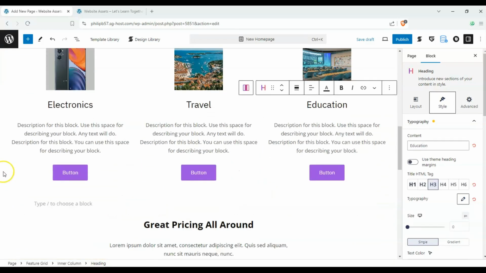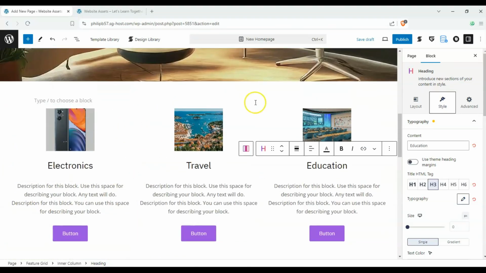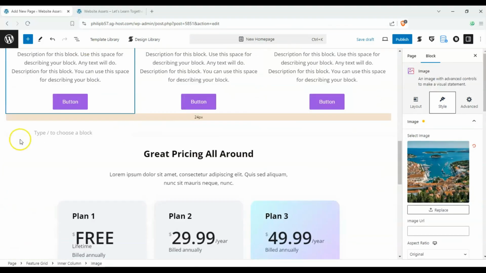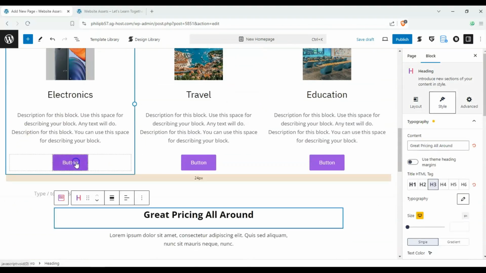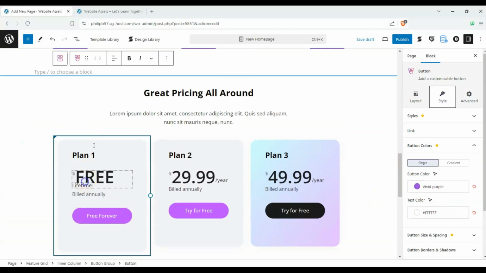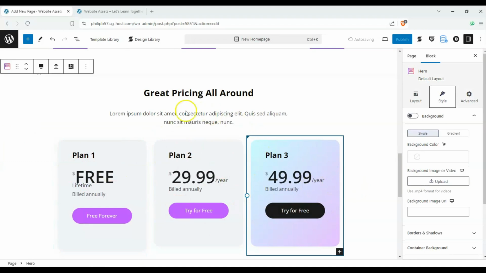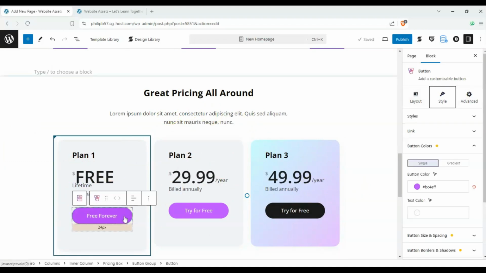Okay, and then we're just going to be filling out all of these blocks one by one, and you're free to delete things that you won't be needing and configuring the buttons to where they'd go and what they do. And for instance, this one's a real great example. We have different plans, and all you have to do is click on the buttons